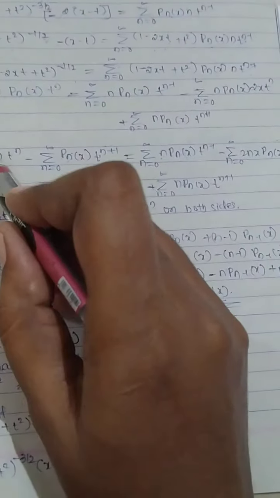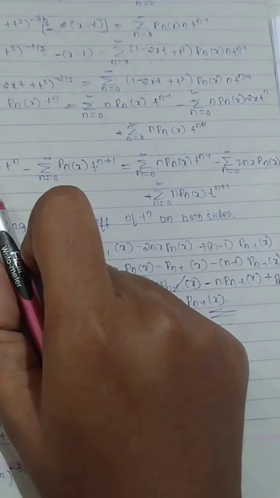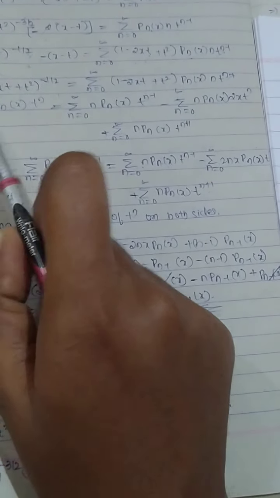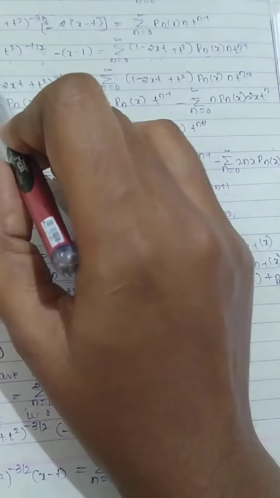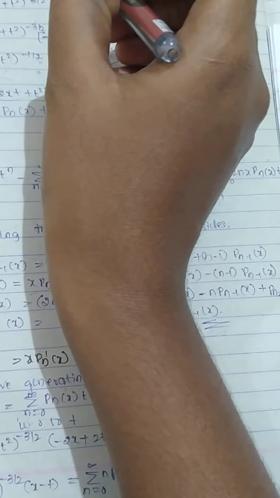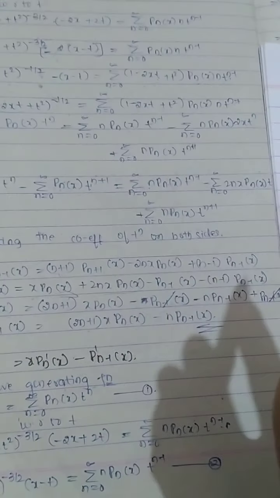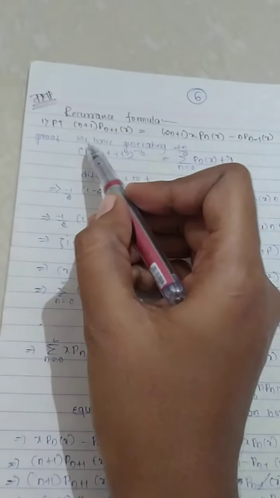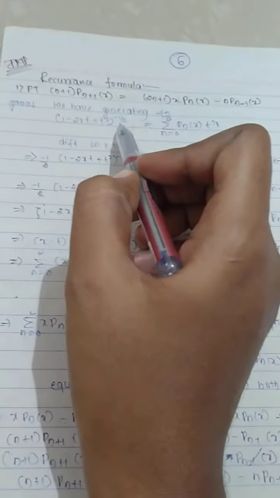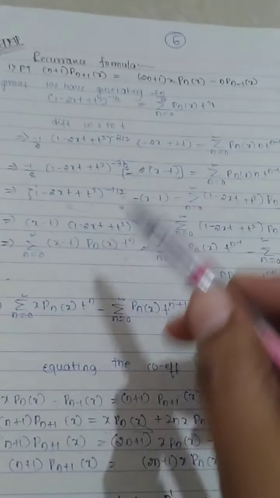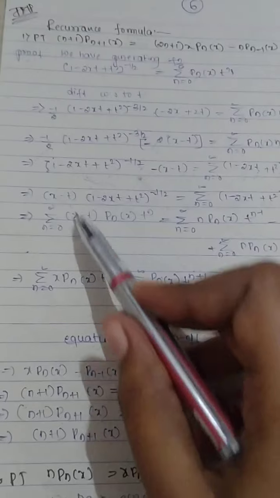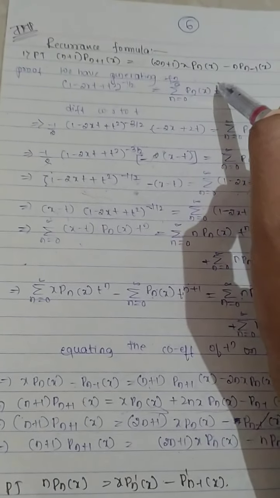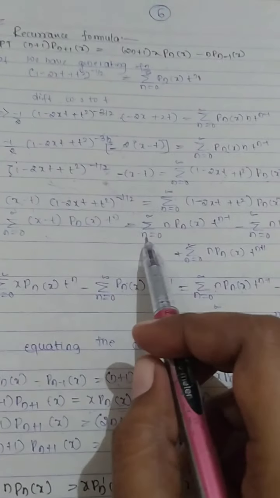Okay, the summation. I will apply the summation for all the terms. So here it becomes summation n is equal to 0 to infinity x minus 2. But what is the value of this particular term? Okay, sorry, I am not applying the summation. I have simply substituted the value of 1 minus 2xt plus t square here. So x minus t I have written the same, and this particular result is nothing but this particular value. So I have written that, and that is equal to.